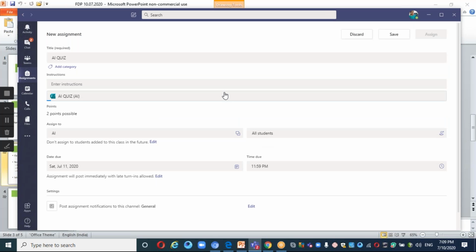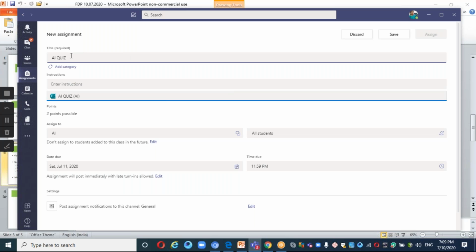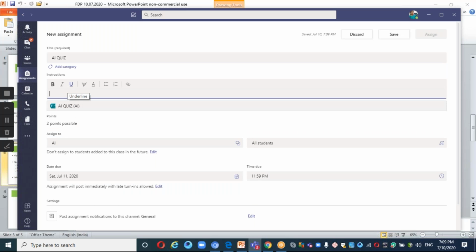And you're going to give this particular quiz to the people or your students. I'll give it as AI quiz. Instructions, if you want to give instructions like be honest or whatever it is, whatever you want, you can give. Upload. Your quiz has been uploaded. You can find some upload symbol here now. Your quiz form has been uploaded.